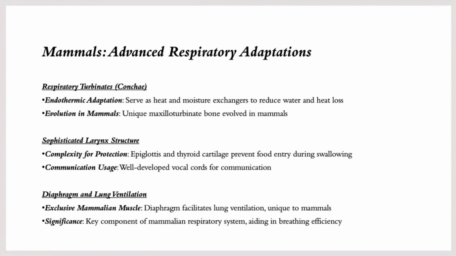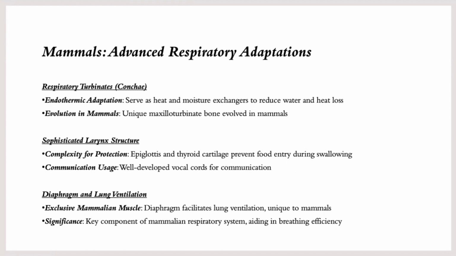Now mammals developed the respiratory turbinates, and this would basically help them reduce water and heat loss. These turbinates are also known as the maxilloturbinate bones, and these are only seen in mammals. Okay. Now, the larynx also became more sophisticated or more developed in mammals because, as you know, we use our